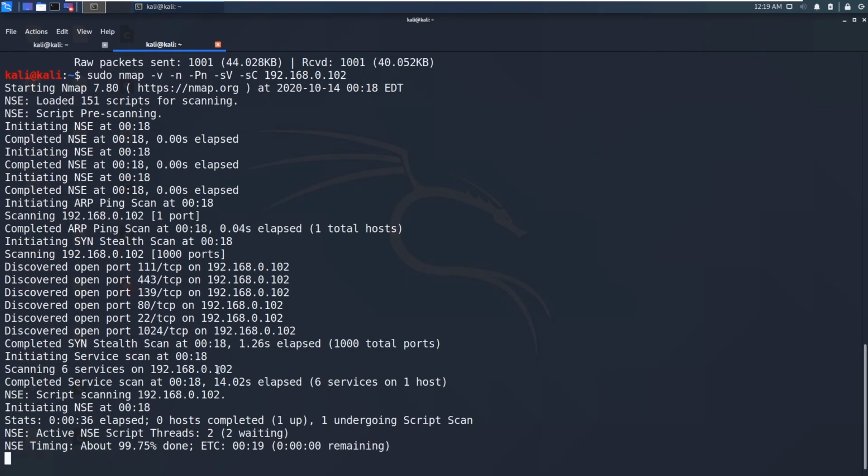You can press enter to check the percentage of progress. 99.7% done.